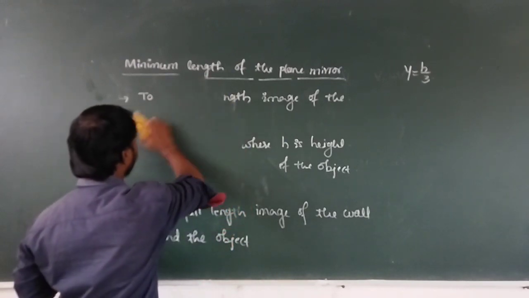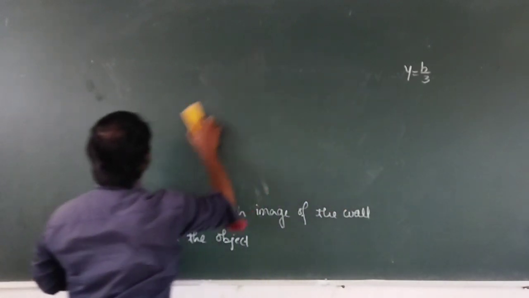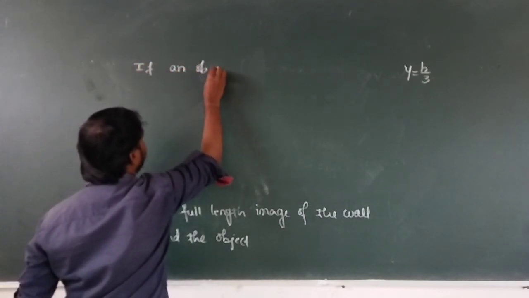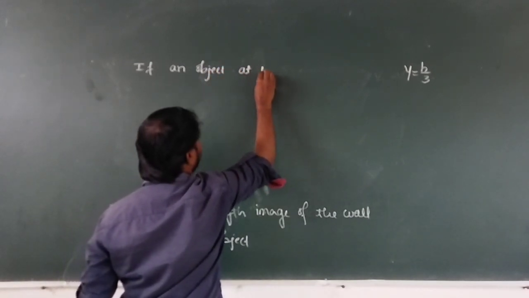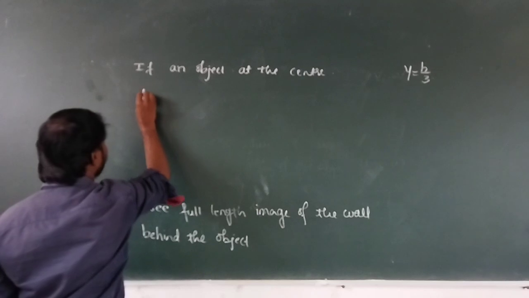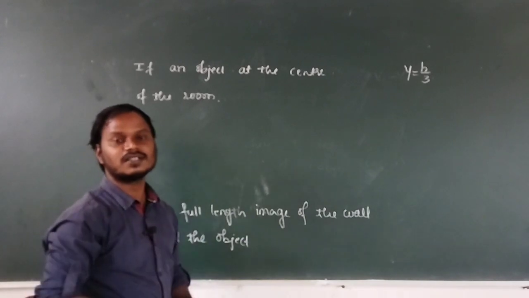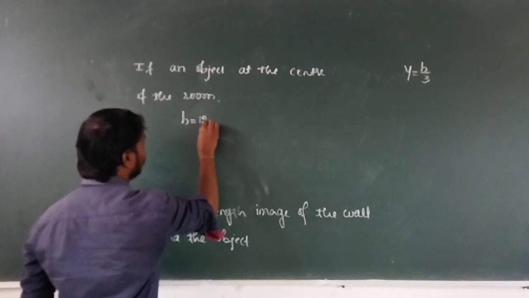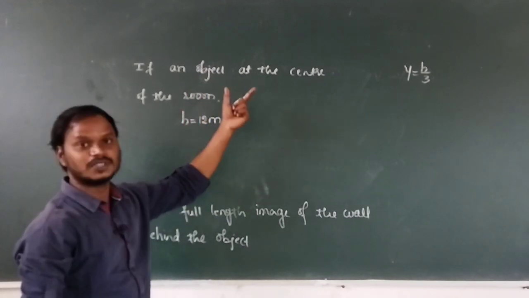If height of the object is taken as 12 meter and that object is at the center of the room, then what is the minimum length of the plane mirror required to see the full length image of the object? So let us take the height of the object as 12 meter, and in order to see the full length image of the object,